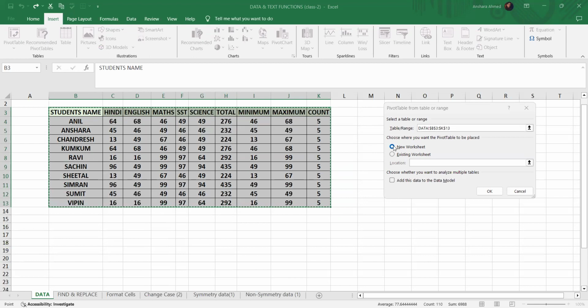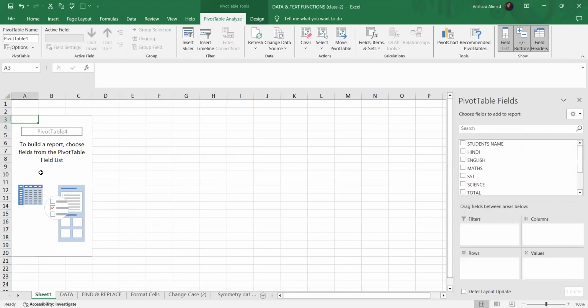I want it in a new worksheet, right? And when I press OK, here is my new worksheet, right? Pivot table, and this is the pivot table fields, and this is where we can put our